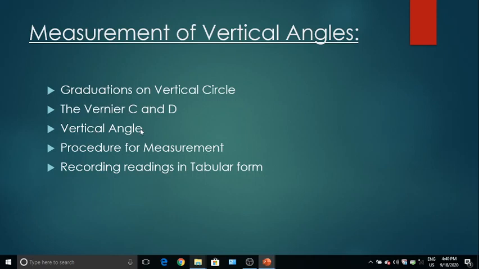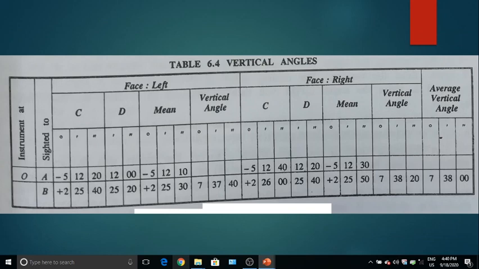And we know the different types of vertical angle, angle of elevation and angle of depression. Then we discussed the detailed procedure, how to complete the face left and face right angular measurements for vertical angles. And we also discussed recording the same in tabular form, and then various calculations like the average and total vertical angle calculation, and then the final average vertical angle for both face left and face right.